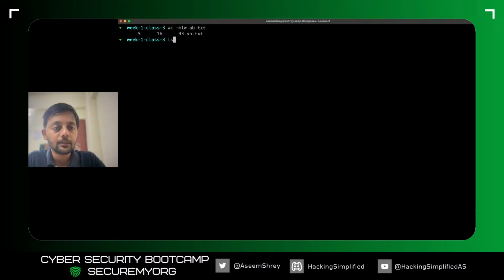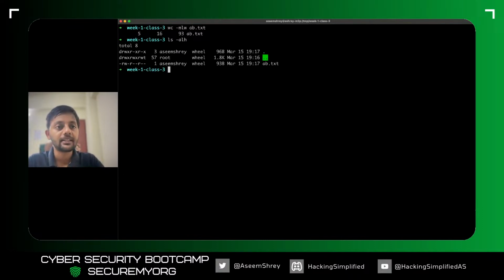On a normal terminal, if you don't have Oh My Zsh, what you would have to do to see the same output is ls -alh.